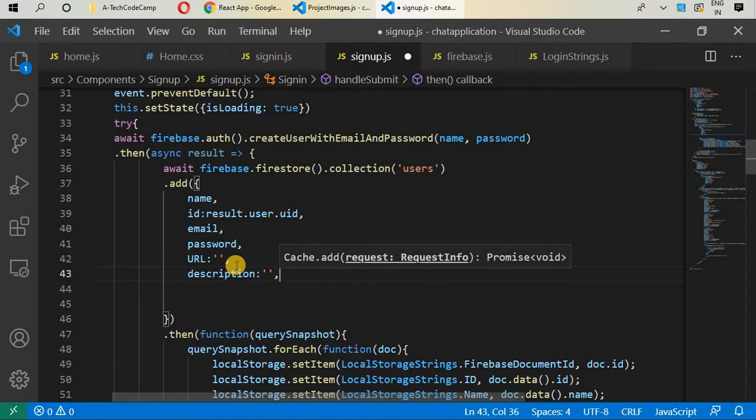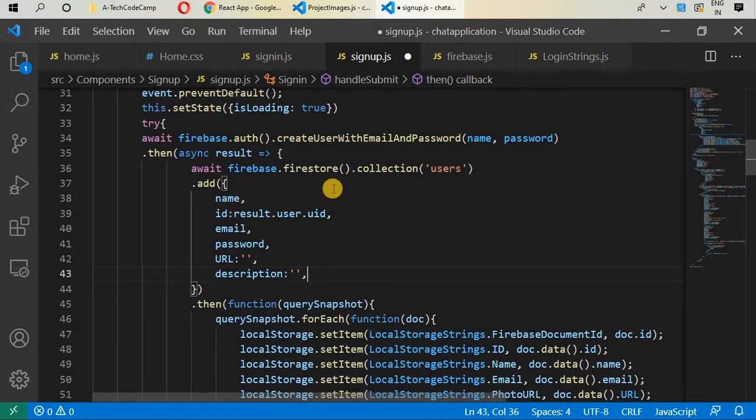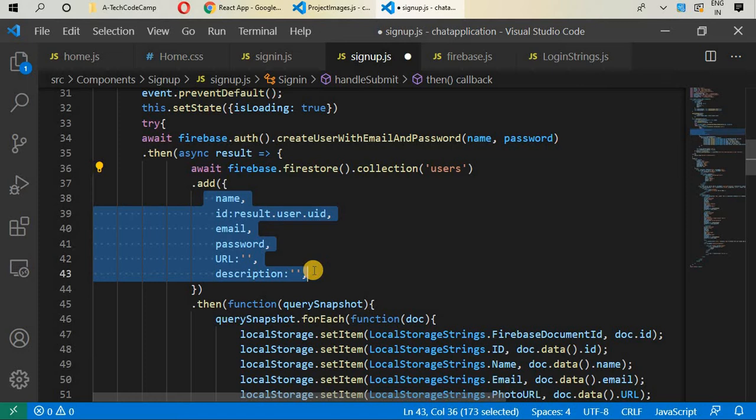We will update it inside profile. Okay, we do not need to update different messages. So we have added this particular information to the document users. It will see if users is already created, but first time we haven't had any users document present inside of Firebase. So it will create users document and it will update this information,